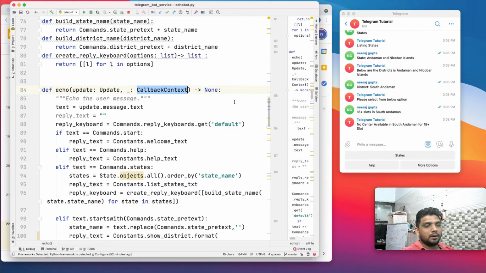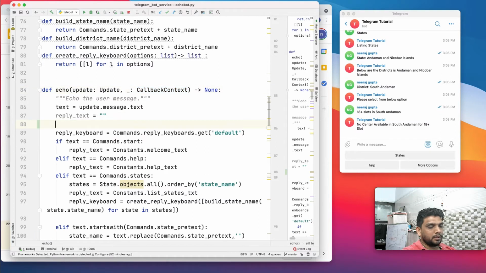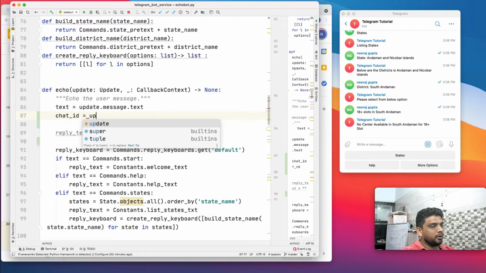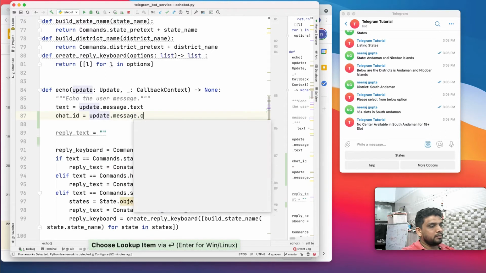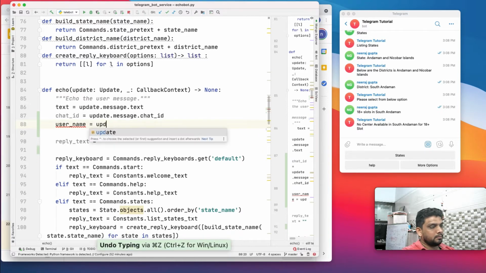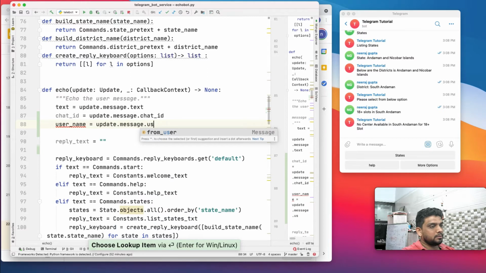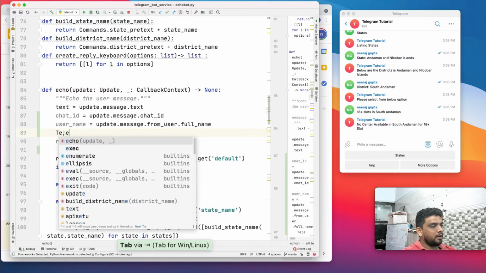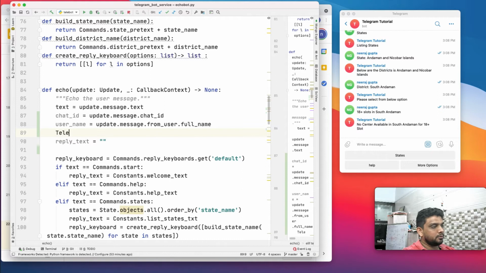So first of all we have to register a user. Let's grab the chat ID. Chat ID basically I'm going to get from message, and let's grab the username. Username I'm going to get from update.message.from_user.full_name. So this is the username, this is the chat ID, and what I have to do is I have to